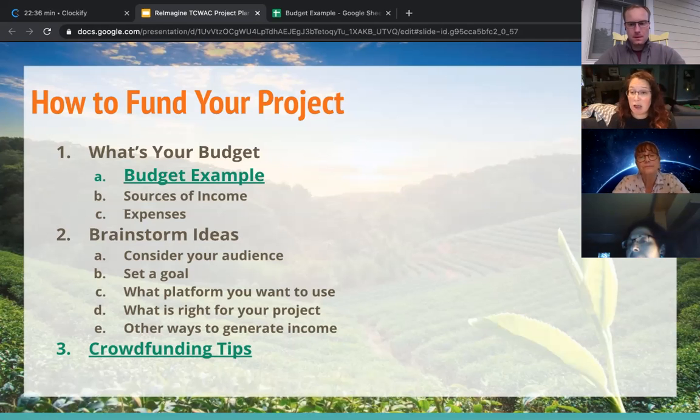Something like crowdfunding not only raises funds, which is one of the really specific purposes, but it also can help with bringing visibility to your project, just telling people about it. And once someone shares it online, it's hopefully going to catch fire and other people will want to share it and donate. That's the whole purpose of crowdfunding.